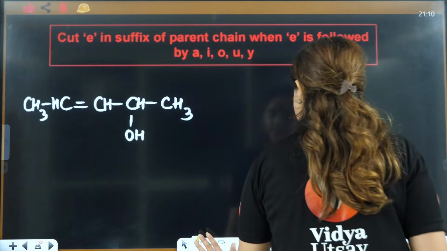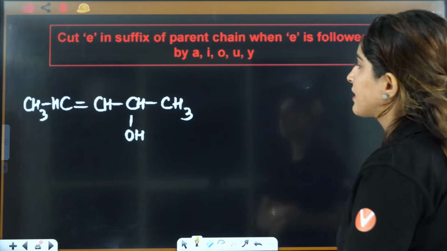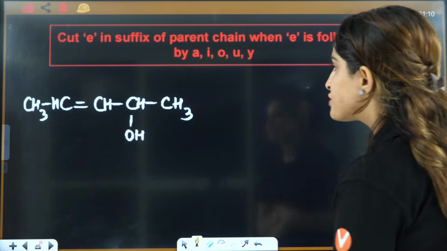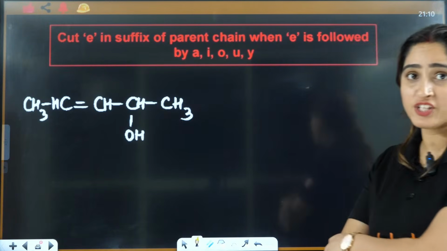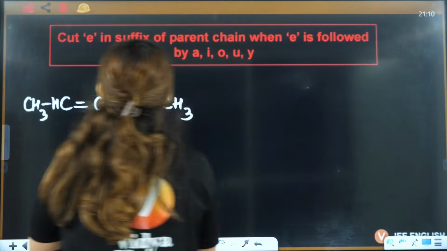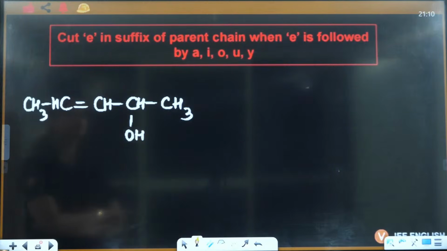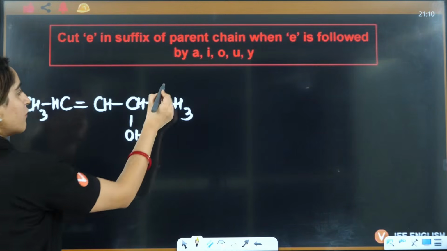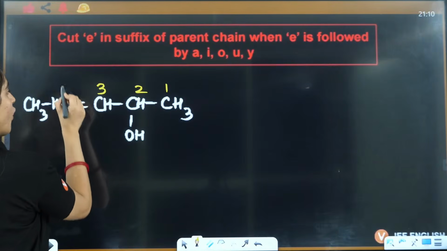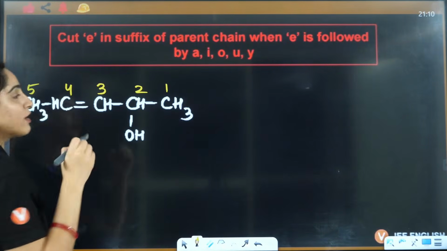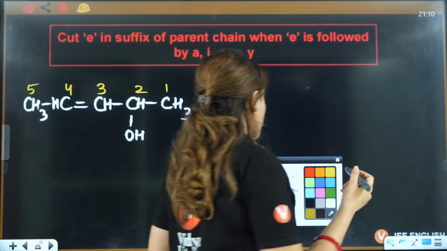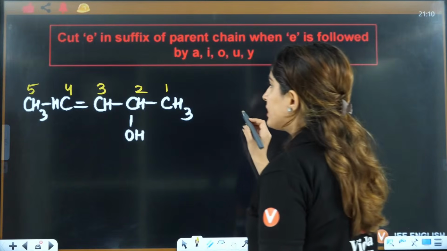Now let's see this. Now what you have is a double bond and an OH. Now you have to choose one of them. Let's see what you will choose here. It will be 1, 2. As I told you, you will always choose the functional group here. The functional group is chosen over multiple bonds. So it will be